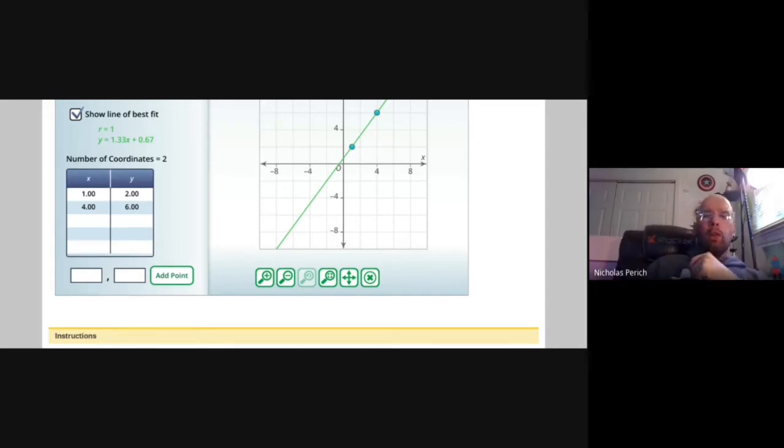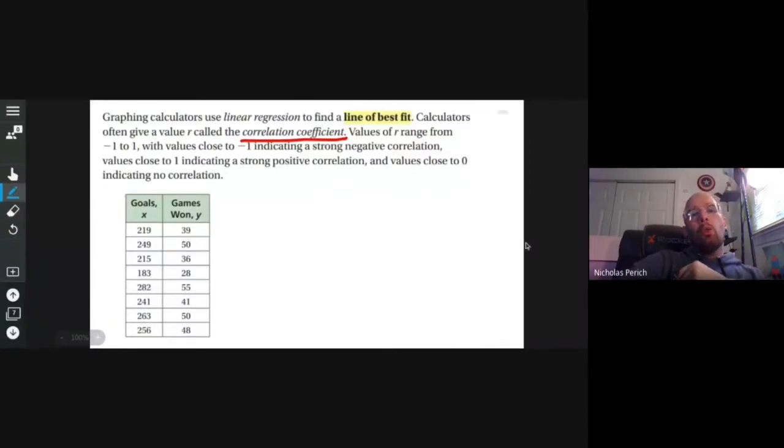So if I'm going to put all of these dots, right? And let me actually just put another dot. Oh, you can't see what I'm doing. My bad. I'm sorry. Over here, I underlined correlation coefficient. The closer your number is to 1 or negative 1, the stronger your correlation is. So if I go back here,